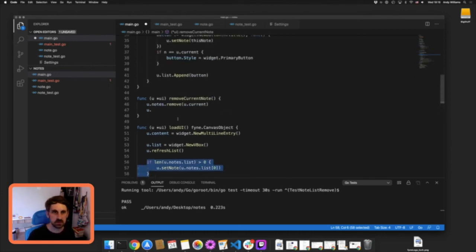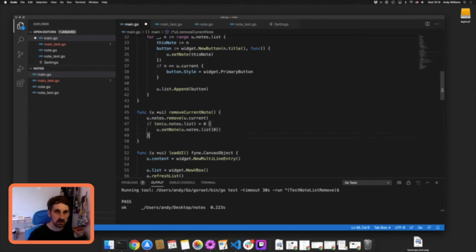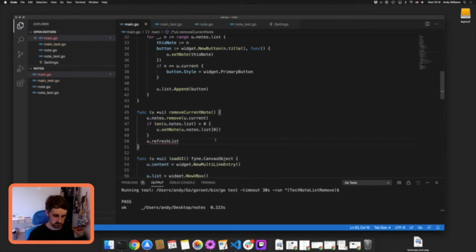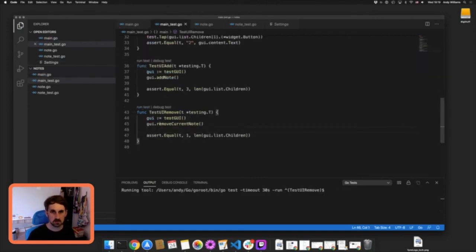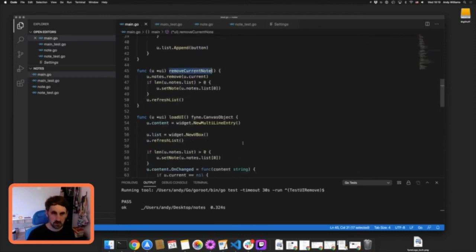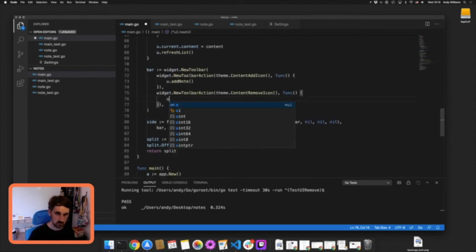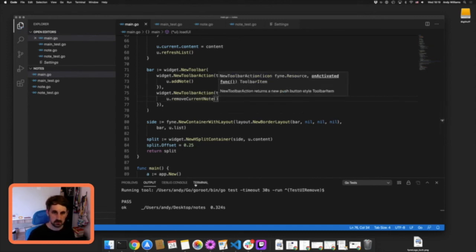I feel like it's been running for a while, so for now, if we have any notes left, then set to the 0, 1 and refresh the list as well. So our test for tapping remove, that's passing. That needs to be called from our toolbar, which is pretty straightforward. Remove current note. Okay, and now